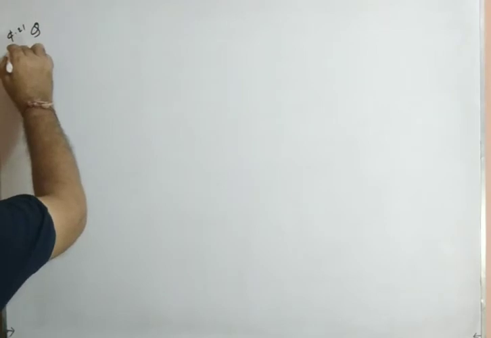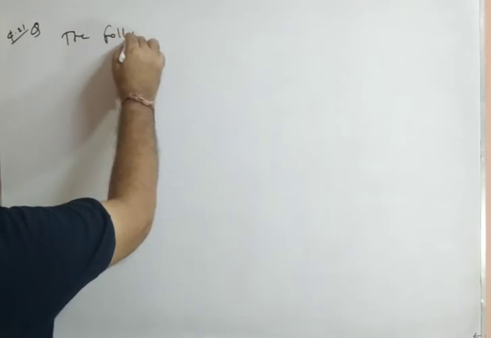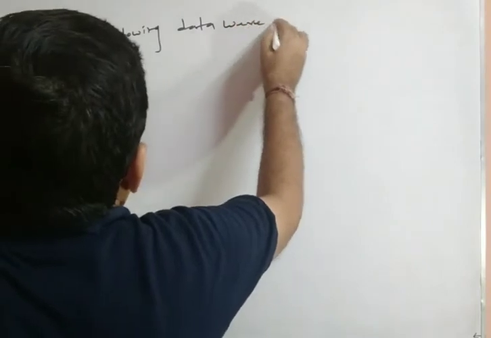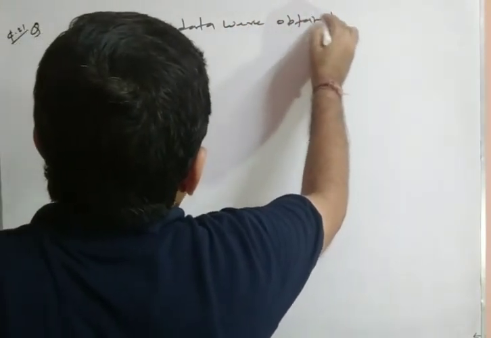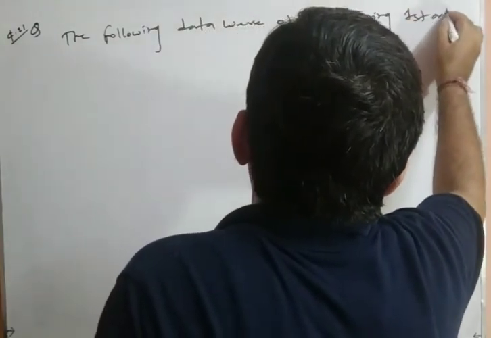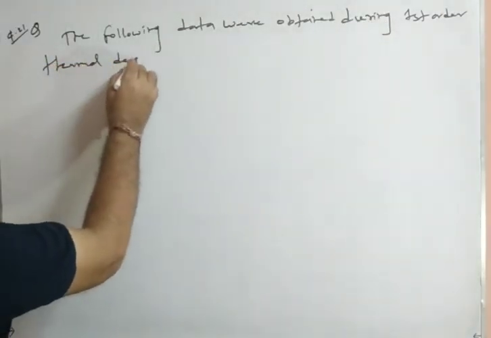Our next NCERT problem is 4.21. This problem is very important from the board examination point of view. The question is: the following data were obtained during the first order thermal